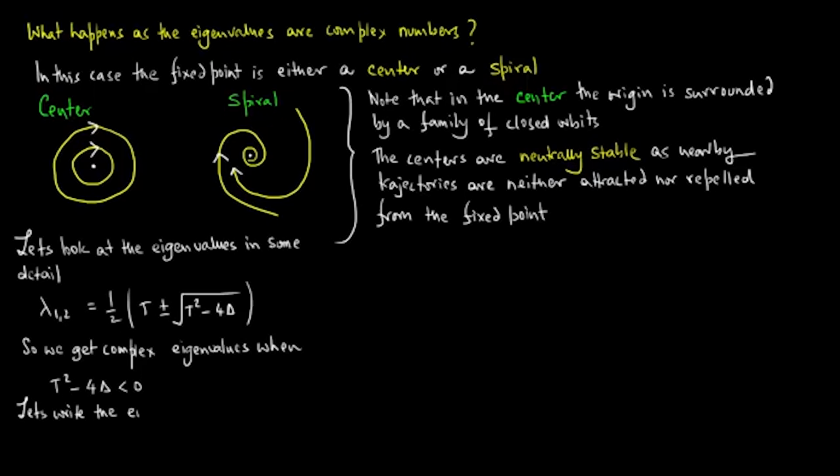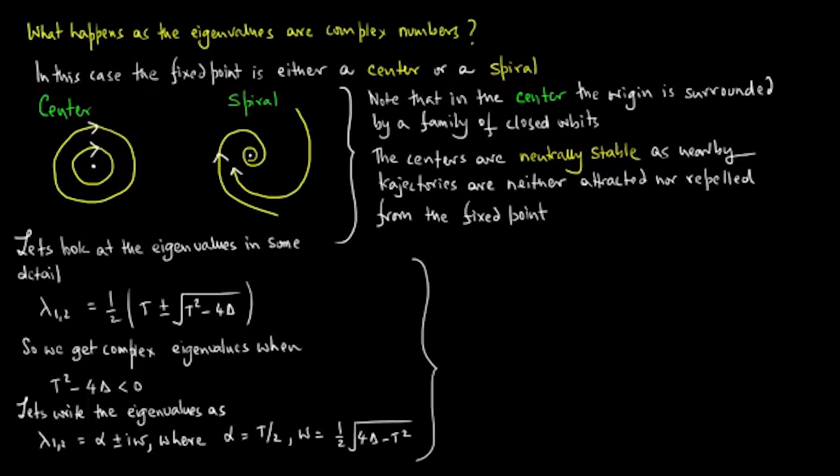So let's write the eigenvalues as lambda 1 2 is equal to alpha plus minus i omega, where alpha is equal to trace by 2 and omega is 1/2 of the square root of 4 delta minus trace square. Now omega is not equal to 0, so the eigenvalues are distinct,